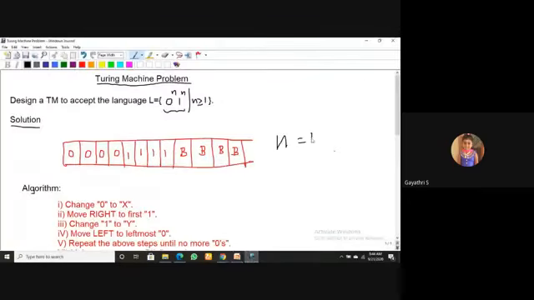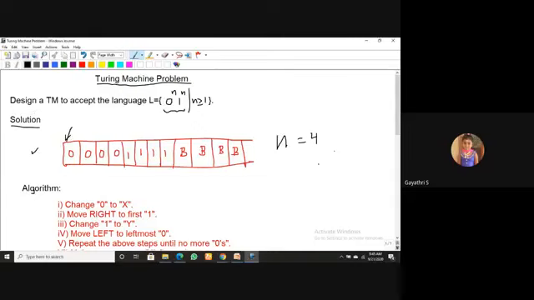So 4 times 0 and 4 times 1. The tape is infinite, so all the remaining symbols are filled by the blank symbol, which is represented by capital B. Please be very careful. This is your tape movement. At the initial stage, the tape head points to the leftmost first symbol.